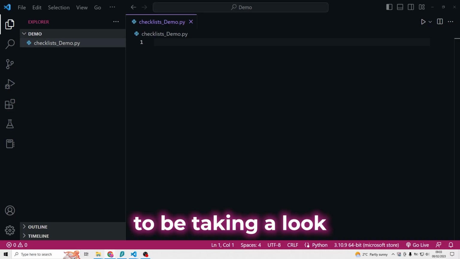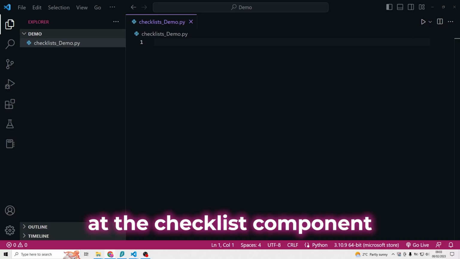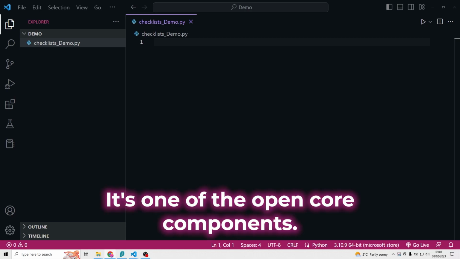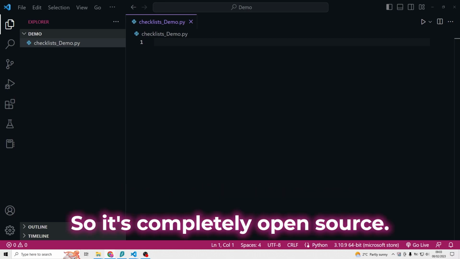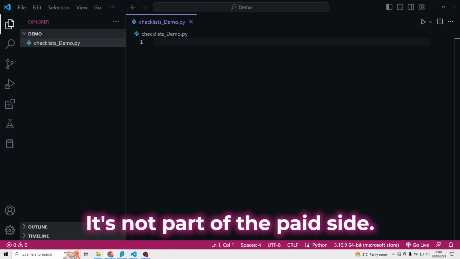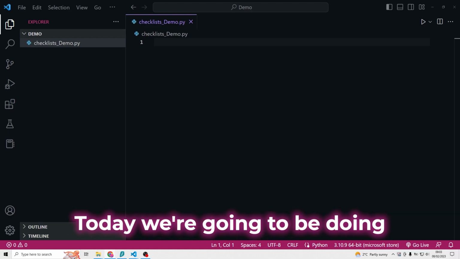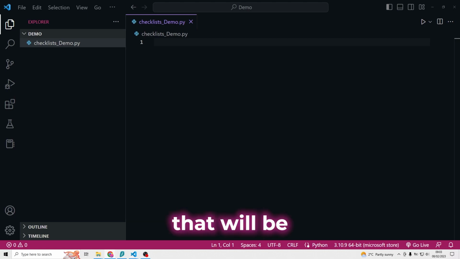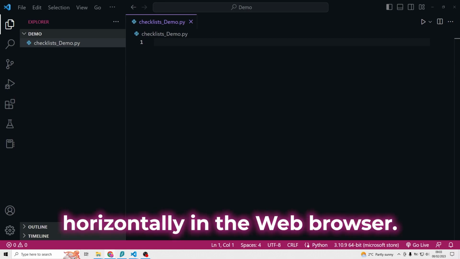So today we're going to be taking a look at the checklist component in Plotly Dash. It's one of the open core components, so it's completely open source. It's not part of the paid side. Today what we're going to be doing is creating a basic default settings checklist that'll display horizontally in the web